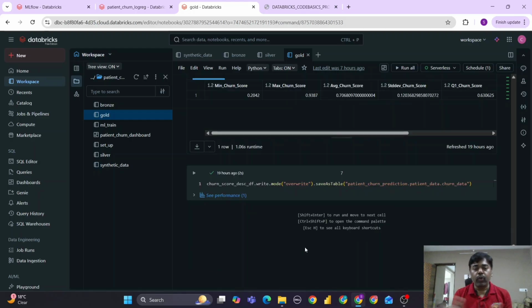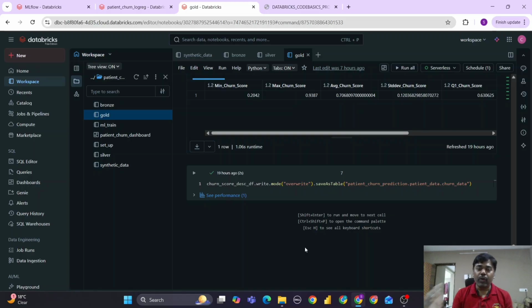After making the gold table, we will build a dashboard. So before building the dashboard, what happened until now is that the new synthetic data comes in and is processed, and finally it gives the gold table, which has very specific values. And every day, every hour, the new data will be coming out. So we need to run again the